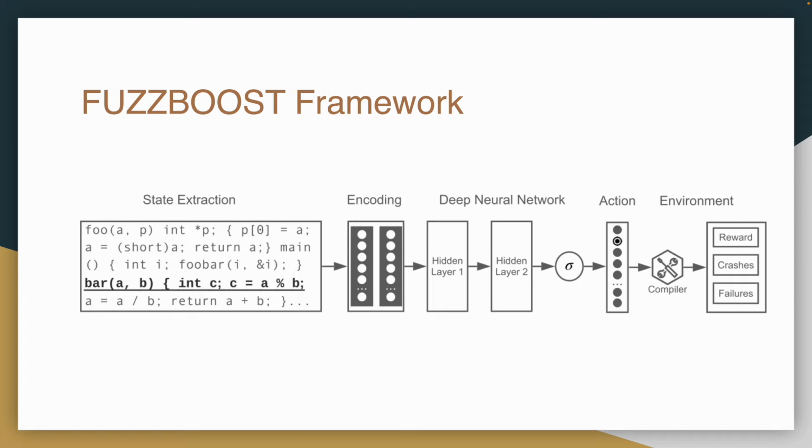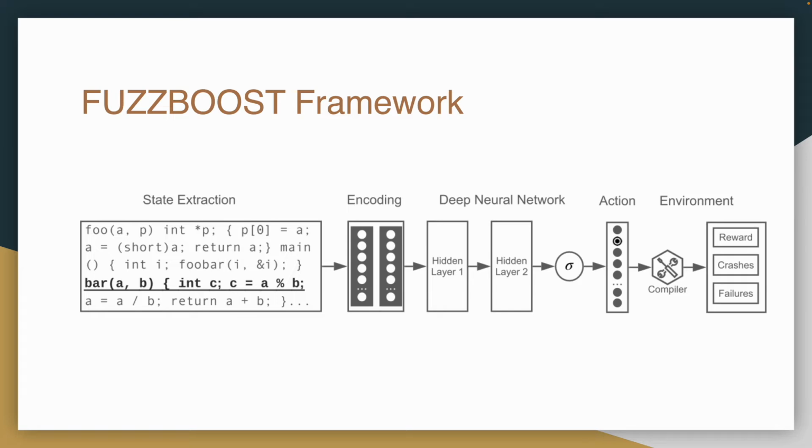And here we show an overview of our designed framework, FuzzBoost. I'm going to briefly talk about it and dive into the details in each part. First, we start with an initial input state, where the choice of P, the choice of a program, is not constrained but can be any C program, even not well-formed ones. And we employ the GCC test suite as our sampling pool and randomly select the programs to be our mutation targets.